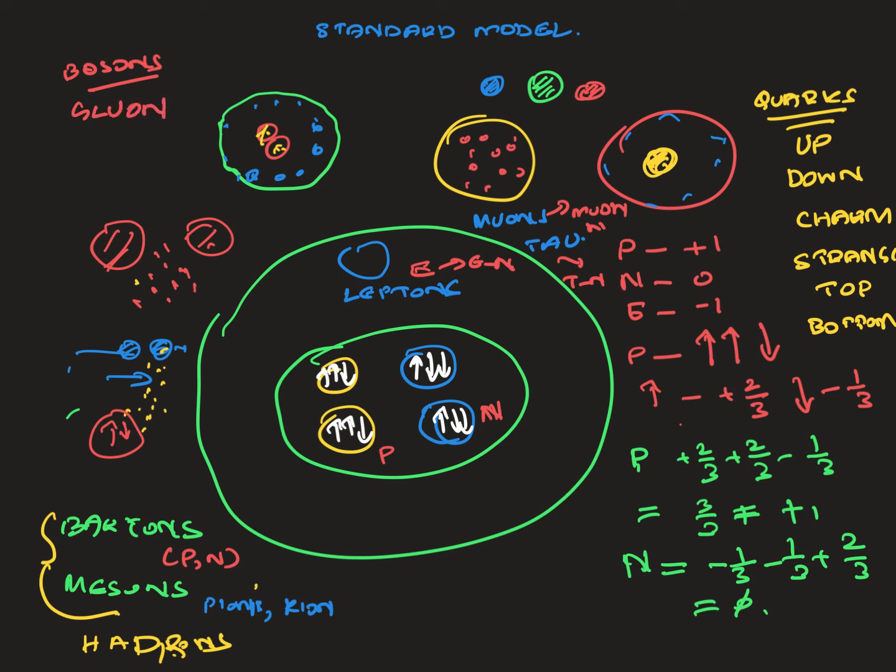So that's a force particle, it's a vector. And we have another particle called photon. That's the one responsible for electromagnetic force in the universe. And then, just like the strong nuclear force, we have another one called W and Z. And these are for the weak nuclear force. That means they are kind of forces that we have between the electrons and the nucleus. So that is supported by this weak nuclear force.